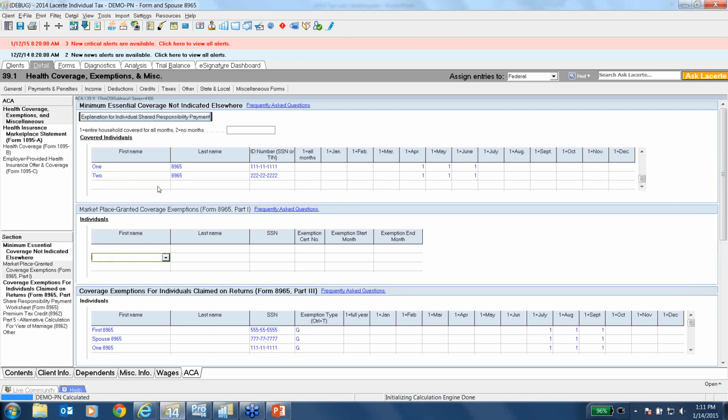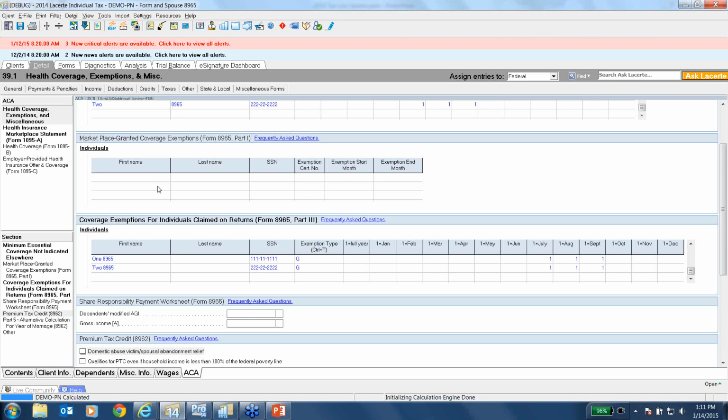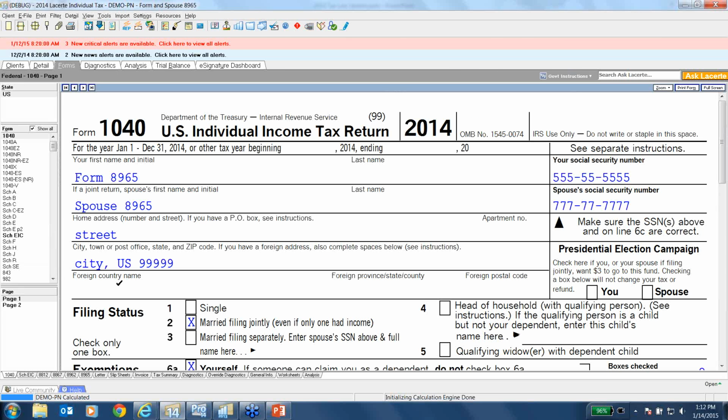And then we scan down further, and we're saying that they want to claim some exemptions on the return for everybody in the household, but only for July, August, and September. And that's what we have here. So we go ahead and click on Forms, and we go to an 89. We go first to the worksheets,